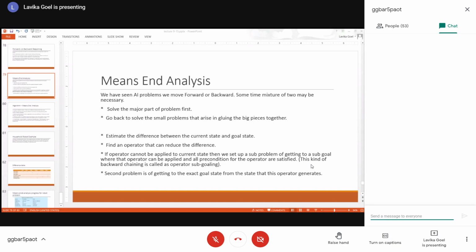What you do is you find a sub-goal state or another state in which that operator can be applied. So basically we find another state from this current state, which is another sub-goal where that operator can be applied and all its preconditions are also satisfied. So this is some other state which you have generated from the current state.